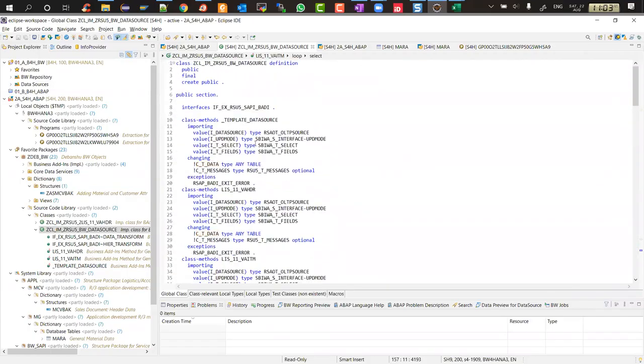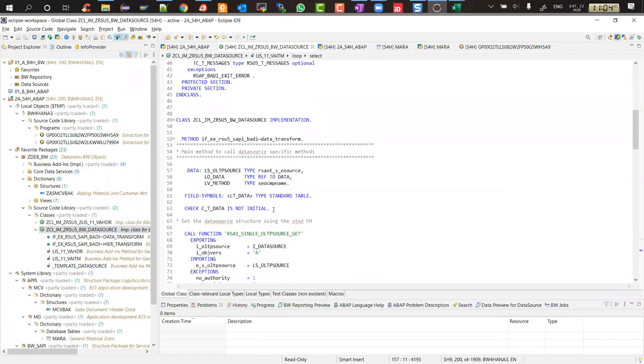Yes, it will. Why? Because this particular code has not taken care of a scenario where your method does not exist, and it should not do anything in that case. That code is missing right now. You have to add code saying that if the LV method is not found, then don't dump, don't do anything, and just